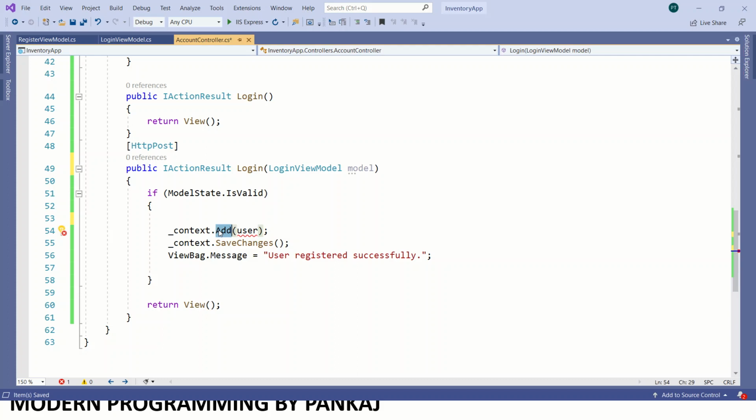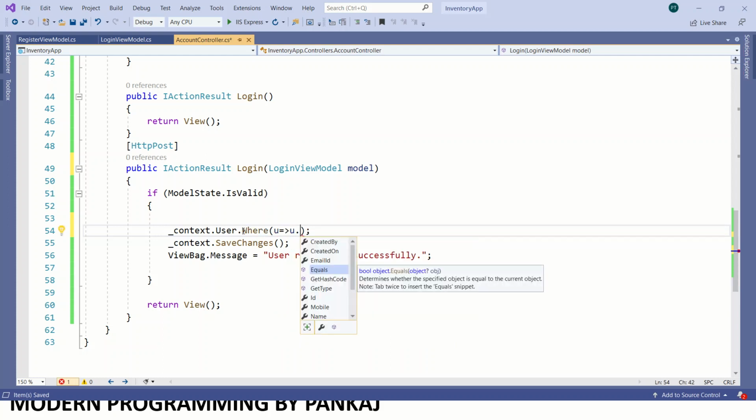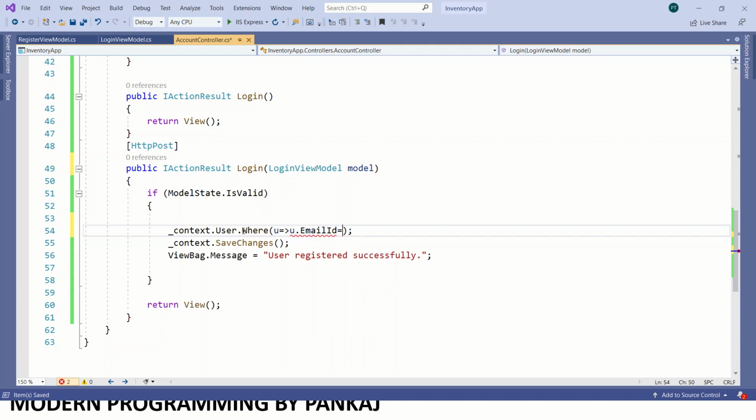Now I am going to fetch the record where the email ID should be equal to the email ID we are sending from the model, and also the password should be the same as model.password, whatever we are passing.